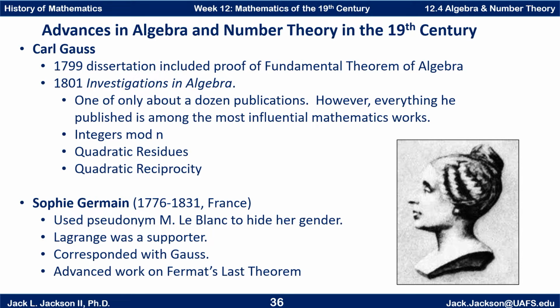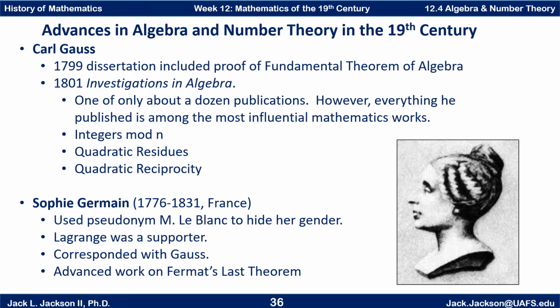And so she corresponded with various people under the name of Monsieur Leblanc, and she did that to hide her gender, pretending she was a man in her correspondence. Lagrange was a supporter, and her most important correspondence was with Gauss, and she did some advanced work on